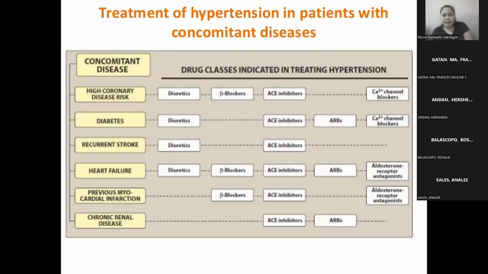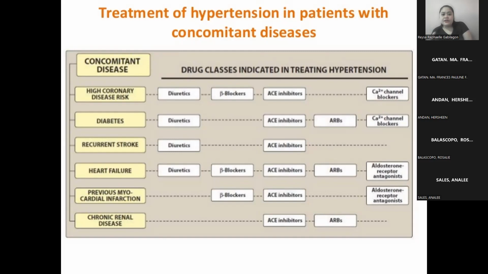Matatake lang natin yan pag isa-isahin na natin. Isa-isahin ko pa i-discuss ito ha, so medyo mahaba-haba pa ito. And then we have patients having hypertension and at the same time diabetes. What is missing there are the beta blockers. Okay? So do not give olols to our patients with diabetes.